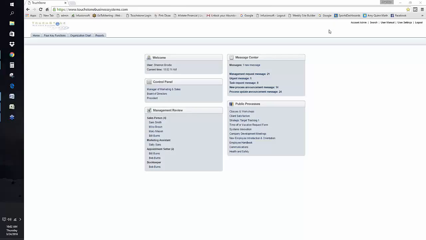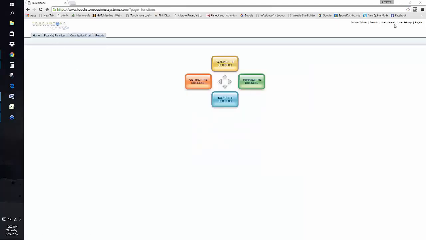Today's session is on the organization chart. So last week we discussed the 4 key functions, and I just want to spend 2 seconds talking about this again. We're about to move on to the organization chart. If you have not done your 4 key functions, then consider going back to the 4 key functions with the intention of making sure that you've at least listed out all of the processes in